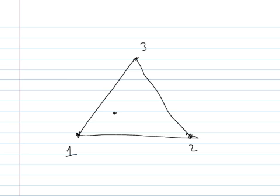Then I pick a random number, either a 1 or a 2 or a 3, and if I get a 1, I make a point halfway between that point and the vertex that has a number 1 on it. If I get a 2, I make a point halfway between that point and the number 2. If I get a 3, I make a point halfway between that point and the vertex that has a number 3 on it. And to get the random number between 1, 2, and 3, I could take a coin,